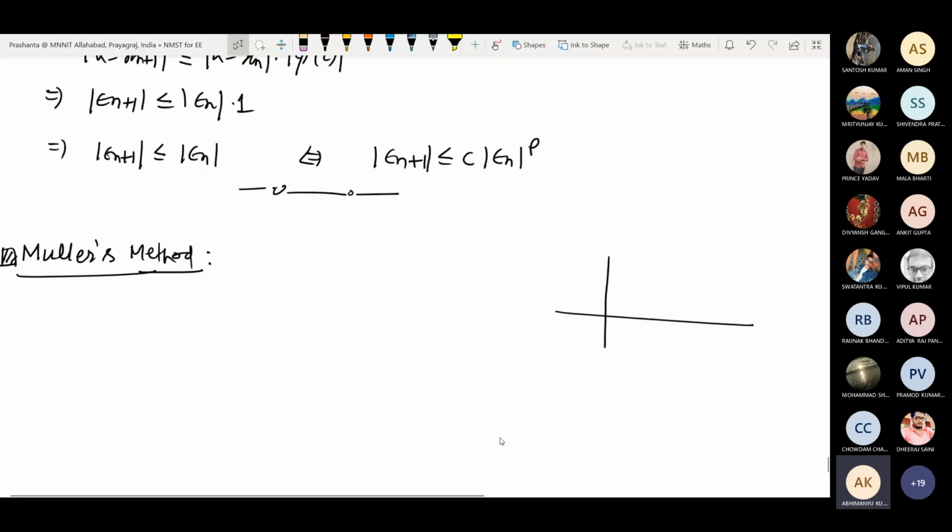So if this is the equation, this is the curve y equals f of x, this is the root alpha, we choose one initial guess x naught, and then we draw a tangent at the point x naught comma f of x naught. This is the dotted point whose coordinates are x naught, f of x naught. So we draw a tangent at that point. The tangent where it crosses the x axis, that is our next approximate root. Okay. Just a moment. This is the curve, this is the point, and this is the tangent.